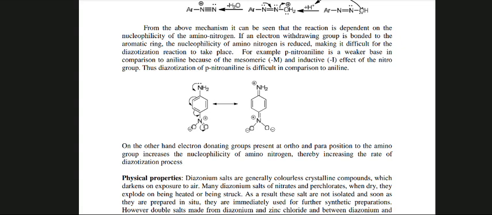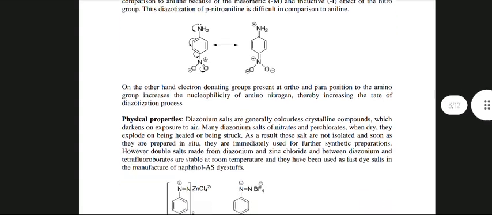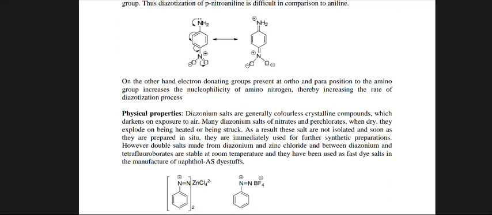Physical properties. Diazonium salts are generally colorless crystalline compounds which darken on exposure to air. Many diazonium salts of nitrates and perchlorates, when dry, explode on being heated or struck. As a result, these salts are not isolated, and as soon as they are prepared in situ, they are immediately used